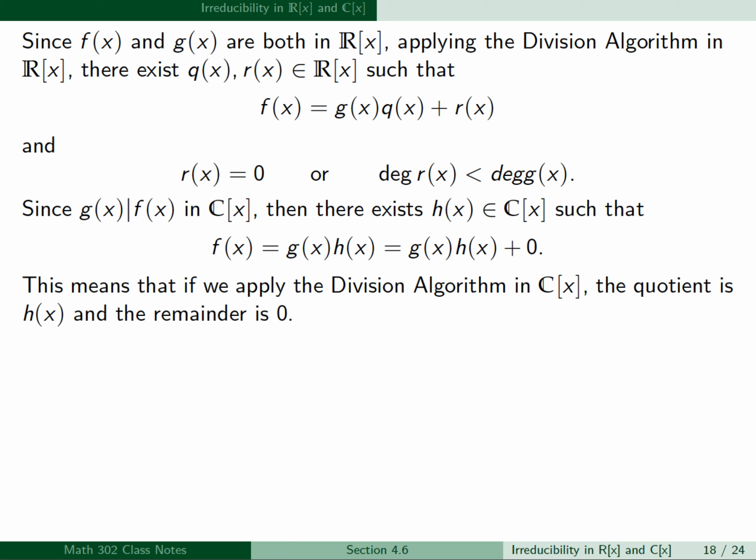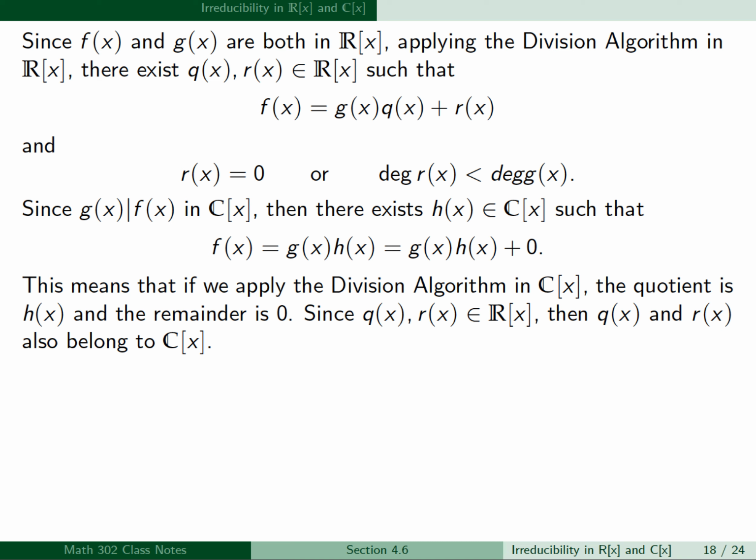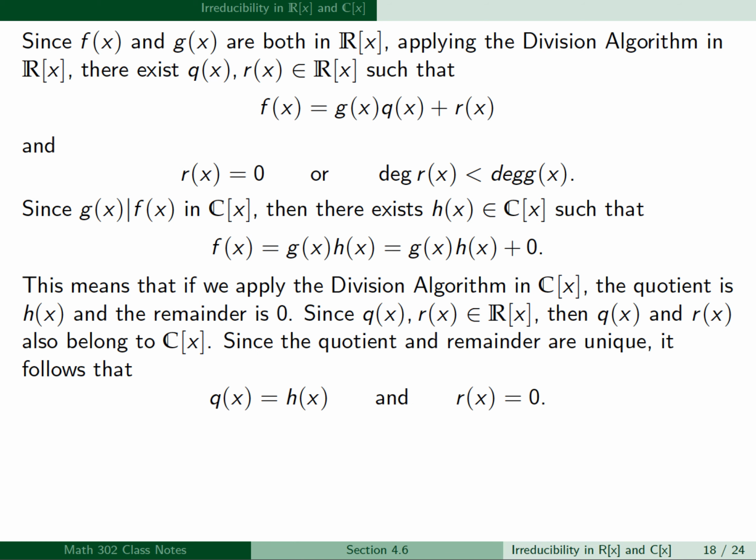Now, since q(x) and r(x) are in R[x], they also both belong to C[x]. Since the quotient and remainder are unique, it follows that the quotient and remainder when we apply the division algorithm in R[x] must be the same as when we apply it in C[x]. So q(x) must be equal to h(x) and r(x) must be 0. We can then conclude that h(x), which is q(x), is actually in